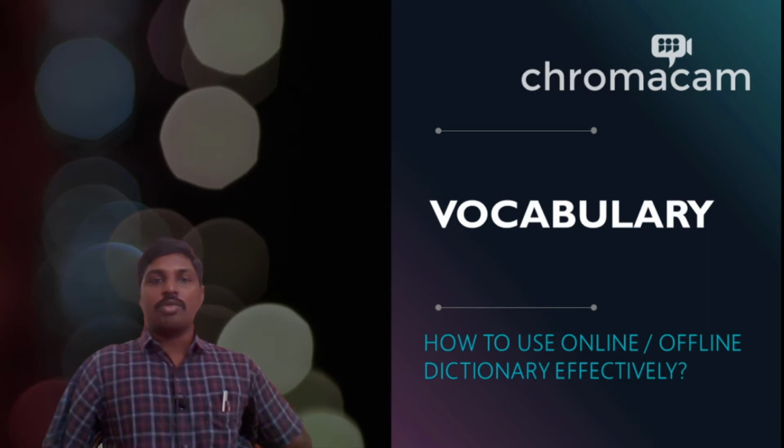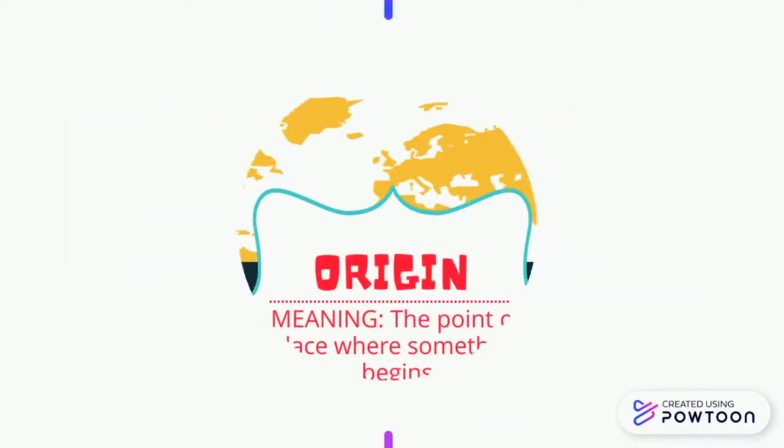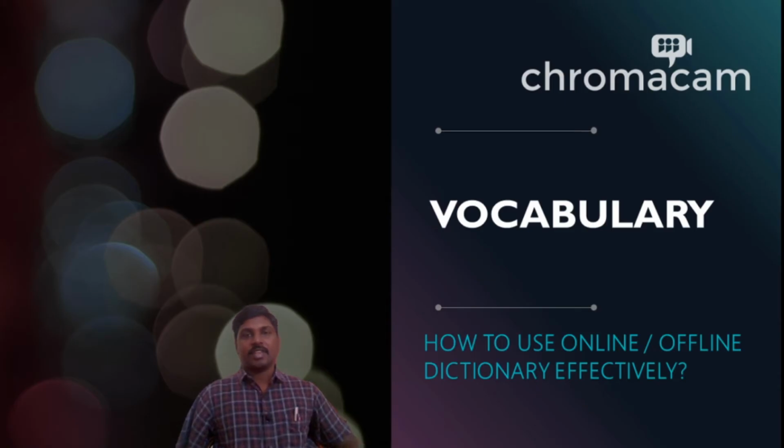In this module or in this course package, we will be looking at only the most commonly used dictionary type, the meaning for a word type. Now, let us get going on the topic for the day, how to use online and offline dictionaries effectively. First of all, we are going to start with offline dictionary or a printed dictionary. Like I have been mentioning before, I am going to use the images of the particular dictionary called Little English Oxford Dictionary.